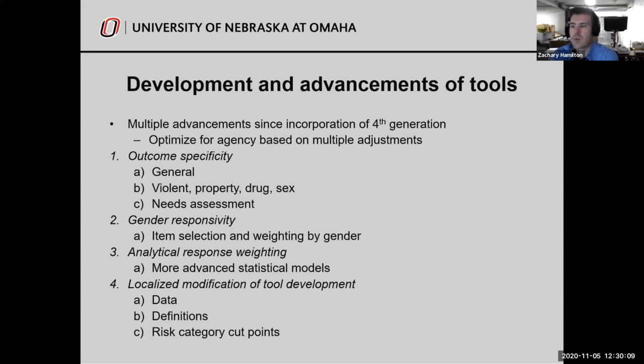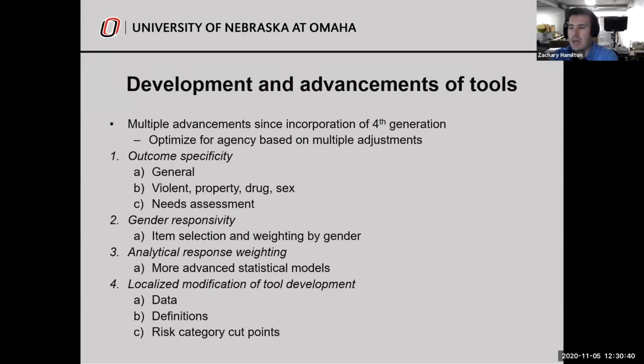You can also look at more specificity in terms of what you want to predict. So some agencies want to predict not just general or any recidivism, but also violent, property, drug, or even sex offending. And typically, what's been done with 4th generation tools is trying to predict an individual's needs, and whether individuals with high or moderate needs end up having greater levels of recidivism as well. So breaking down that risk into buckets of need that you can then program a youth and ameliorate.